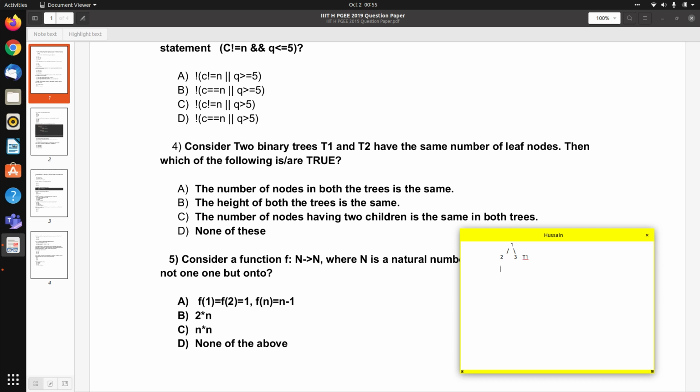Now let's define another tree. 1, one's left child is 2 and right child is 4. 2's left child is 4 and 4's left child is, let's say, 5.